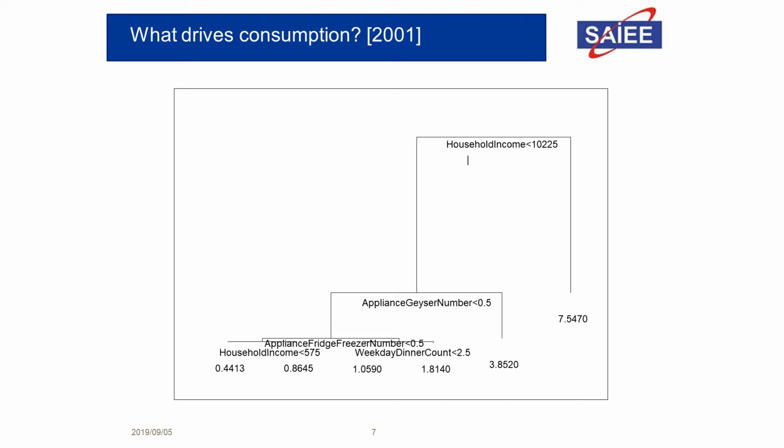I found this in the 2001 report, but I remember back in 1996, 97, we also did this. But basically, the intuition of how this works is, it says left and right. So left, if the household income is less than this, go this way, and if the household income is more than that. You can see the important things to notice here are the household income, the geyser number, something about appliance ownership, how many people I cook for, and so on. And then later on,